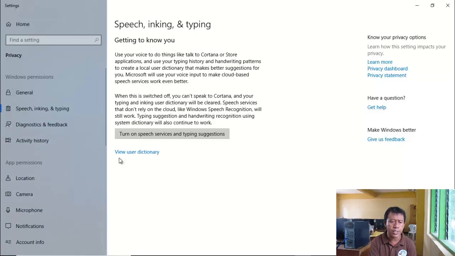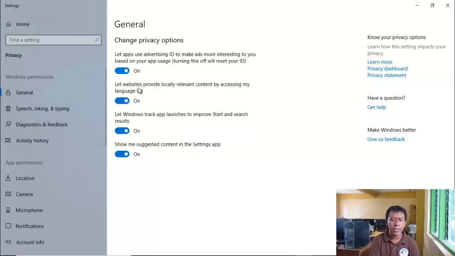If we don't want to be tracked, especially with this one, "Let apps use advertising ID to make ads more interesting to you based on your app usage."